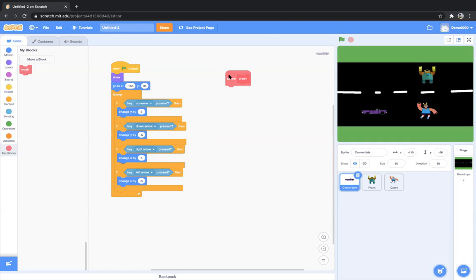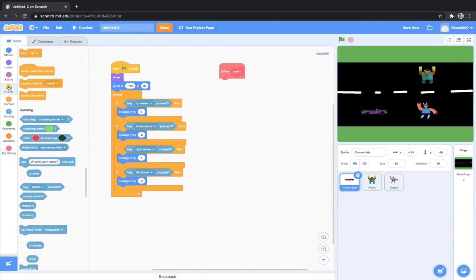When my car hits Casey or Frank, I want something to happen. So we have to code for that. Okay, how to do that? It's saying define crash. So what exactly do I want with crash? I want the game to get over. Okay, so for that, how will the other sprites know that the game has got over? By broadcasting a message, right?